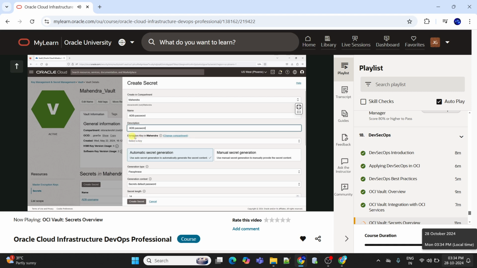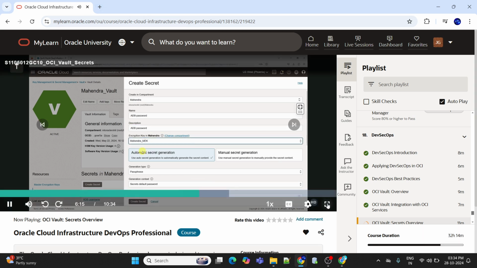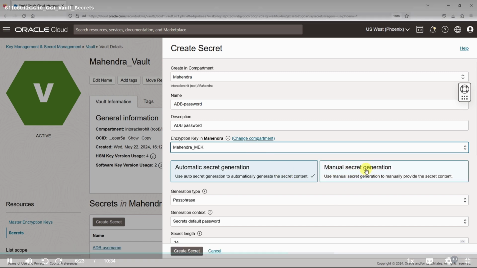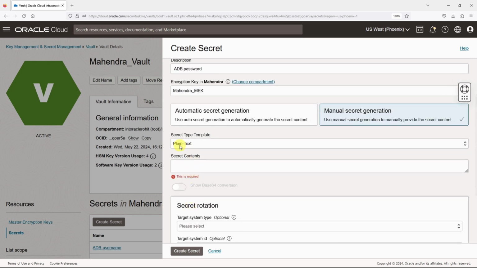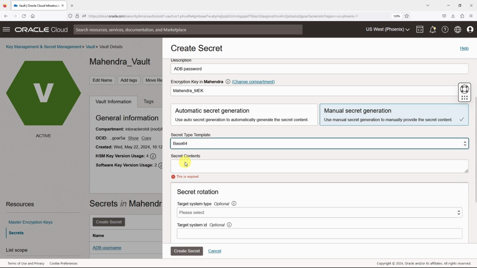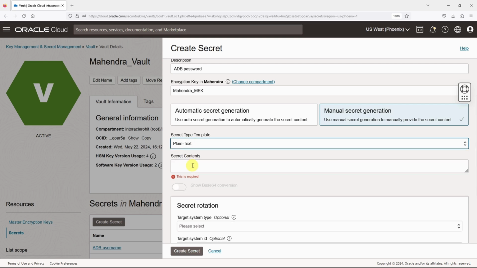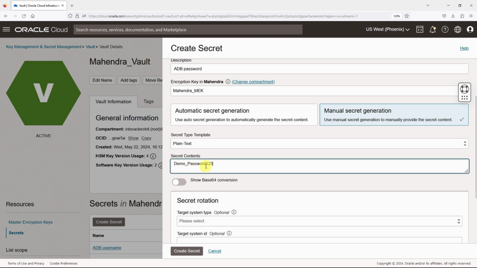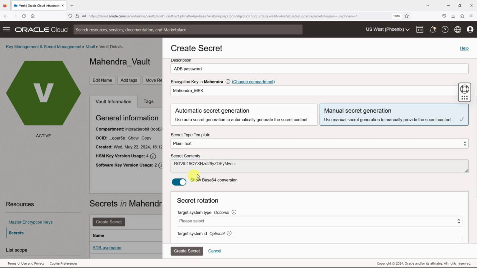Next, we must select the encryption key. I'll choose the one that already exists in my vault, which is Mahindra_MEK. And now, since I want to pass the ADB password value manually, I'll choose the manual secret generation option. And here you can specify the secret contents either in plain text or using base 64 value. I'll go ahead with the plain text option, and let's provide a demo password. Now after specifying the secret contents, I can also see its base 64 conversion by enabling show base 64 conversion